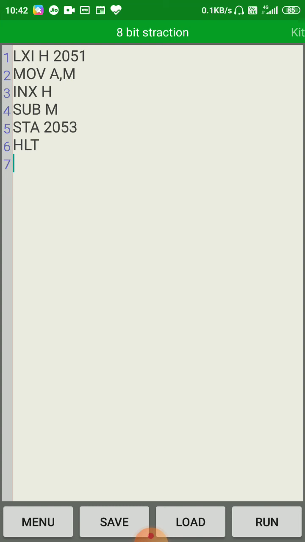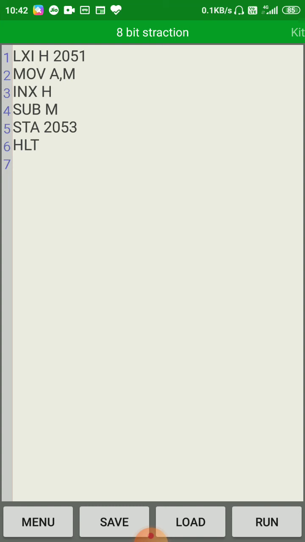Six general purpose registers are there: B, C, D, E, H and L. These are 8-bit general purpose registers. For 16-bit data storage, you can use them in combination.